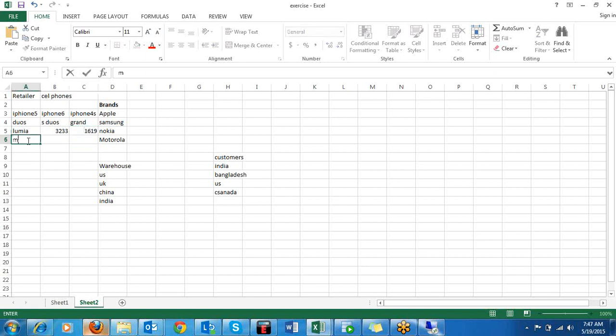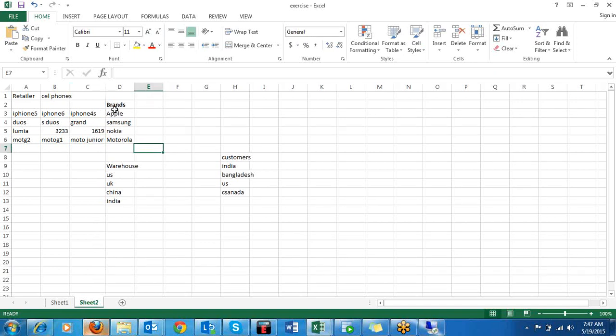And from Motorola, I buy Moto G2, Moto G1, or maybe some other products like Moto Junior, something like that. Then we categorize them in segments which are like